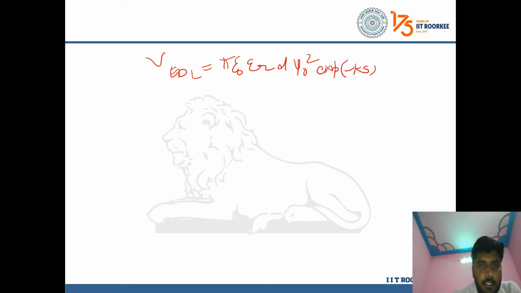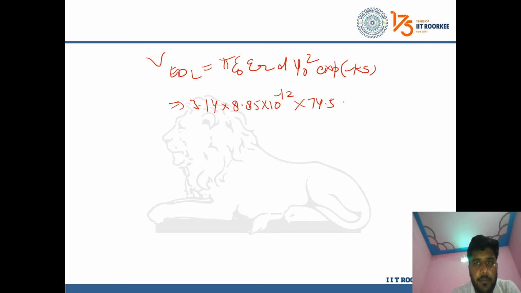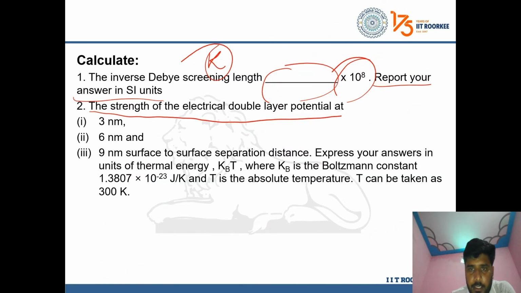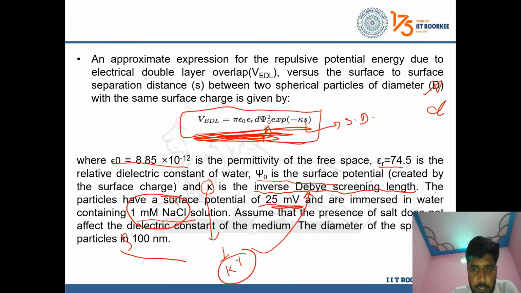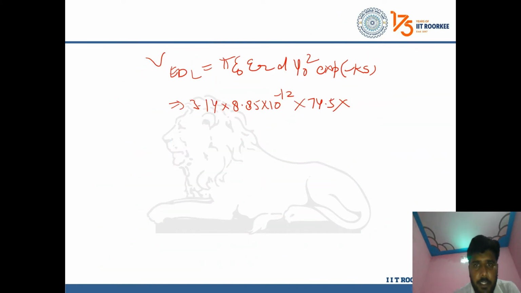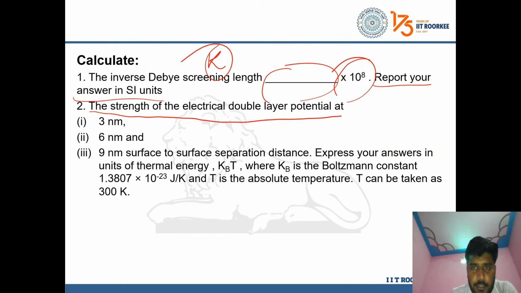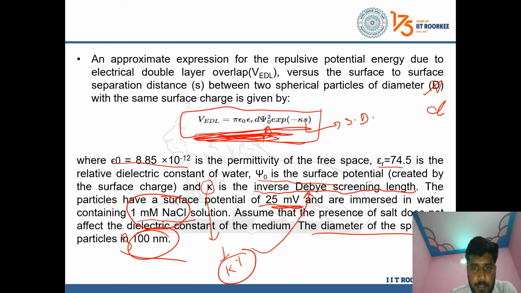So pi will be 3.14 and epsilon naught 8.85 10 to the minus 12, and it will be 74.5. And for d, the diameter of the particles is given, 100 nanometer, so 100 times 10 raised to minus 9 in meters, and psi naught square,